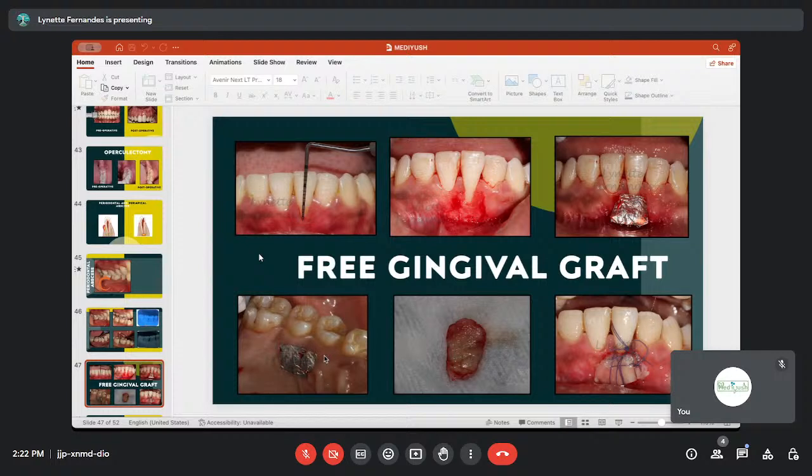We do this procedure by taking this gingival portion from the palate. This is the palate, where this is the template which we actually create. How much of gingiva do we need? This is the connective tissue bed. So that what we place, the epithelium, has to get accepted. If we place epithelium on epithelium, nothing is going to get accepted. So we de-epithelize this vascular bed. Take epithelium plus connective tissue from the palate, attach it on this portion, suture it up,